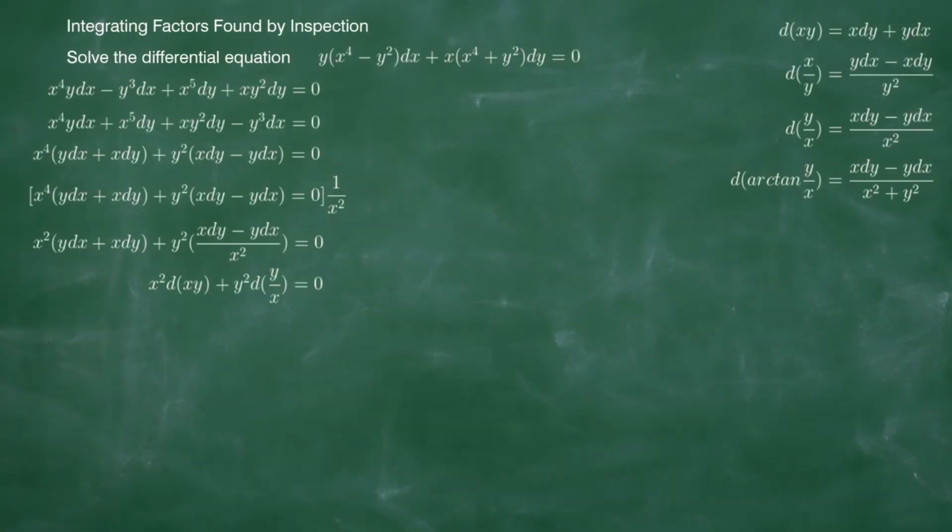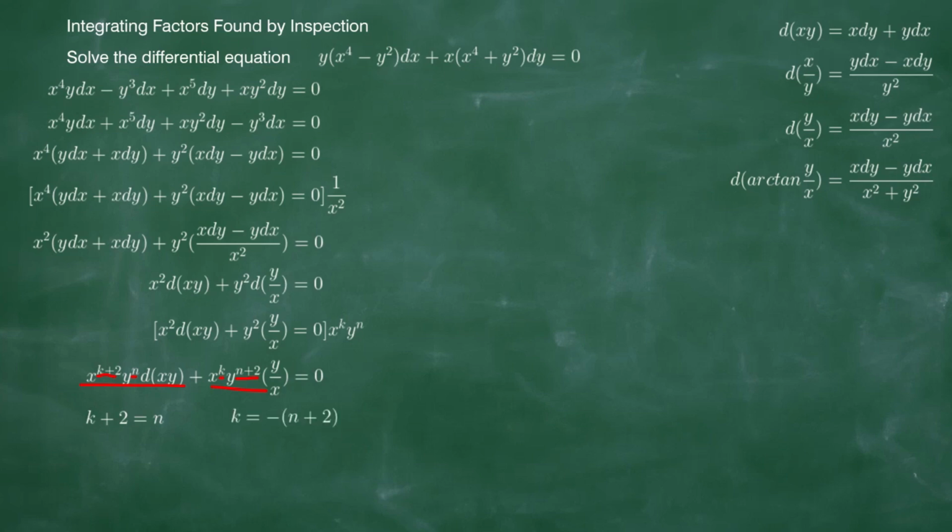To be able to determine the exponents, we will just multiply the whole equation by x to the k, y to the n, where k and n are going to be determined later. The coefficient of d of xy now becomes x to the k plus 2 times y to the n, and the coefficient of d of y over x becomes x to the k times y to the n plus 2. In the first term, the exponents k plus 2 and n should be equal. So k plus 2 should be equal to n. And here, the exponents k and n plus 2 should be equal but opposite in sign.